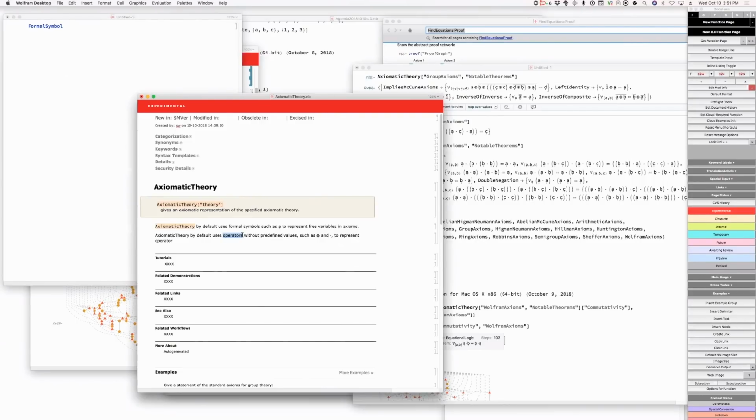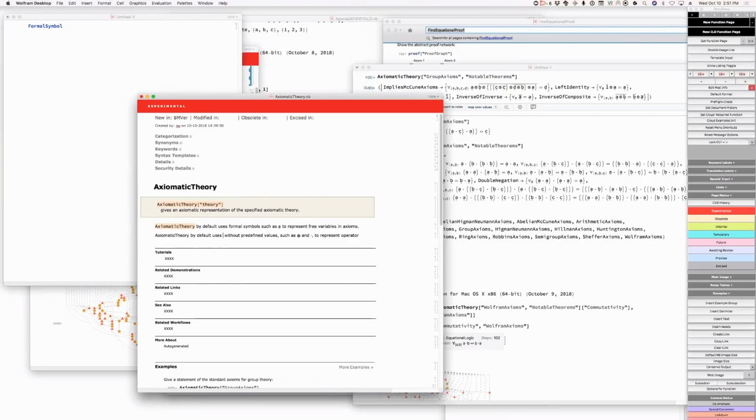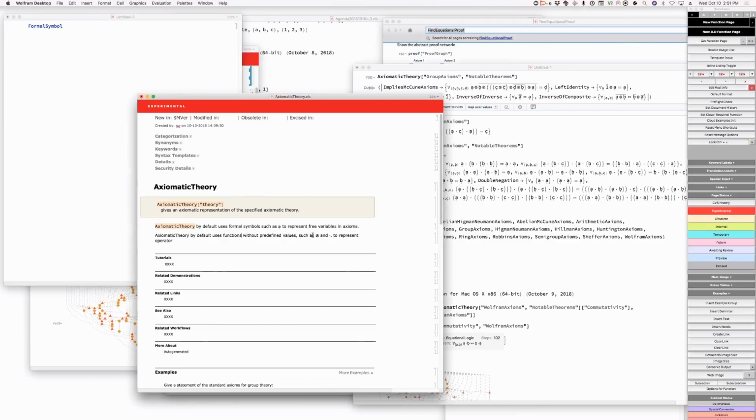I think we should say such as circle times and center dot. Oh gosh, uses functions without predefined values, but uses functions with predefined formatting, but without predefined values